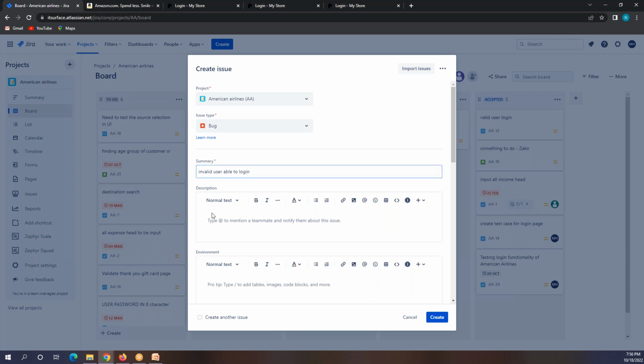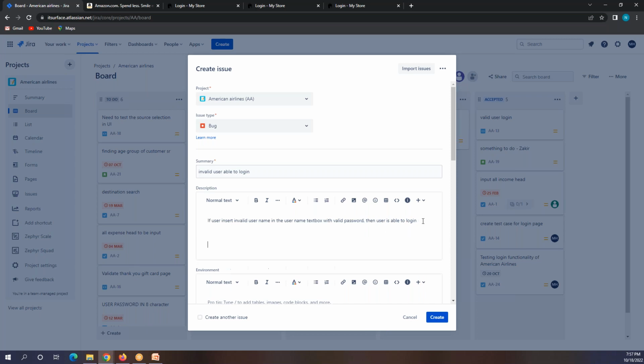Then give some description: if the user inserts an invalid username in the username text box with a valid password, or anything with a valid password, then the user is able to log in. Okay, this is the description.